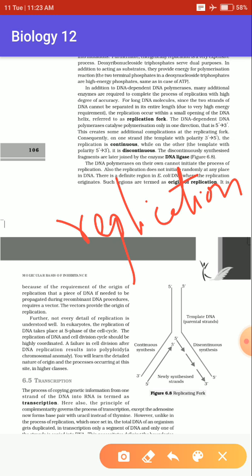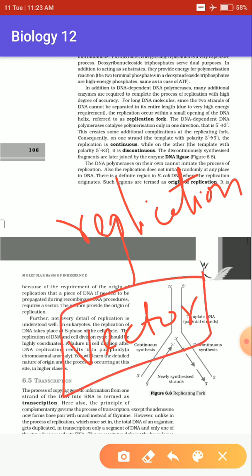In the case of our body, or suppose, for example, if we are considering the body of E. coli, the DNA will always have something called a vector in its structure. This vector actually gives a particular position for the replication. Okay, because replication cannot be initiated randomly anywhere, right?